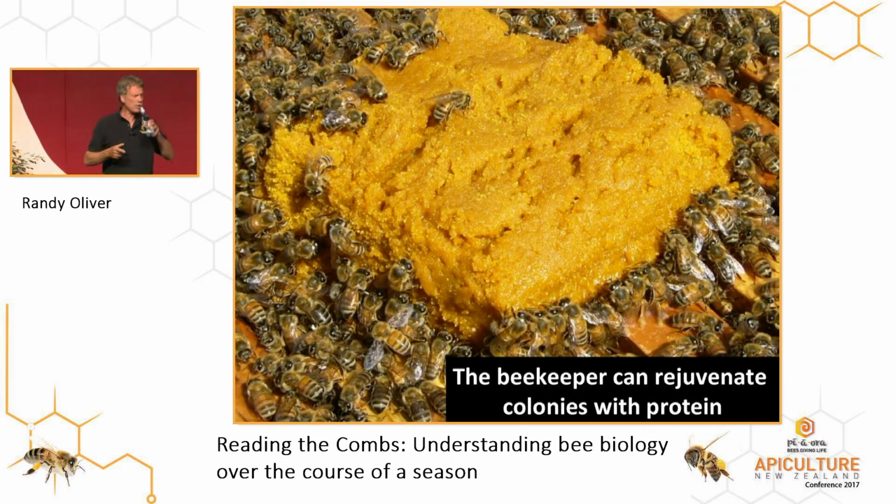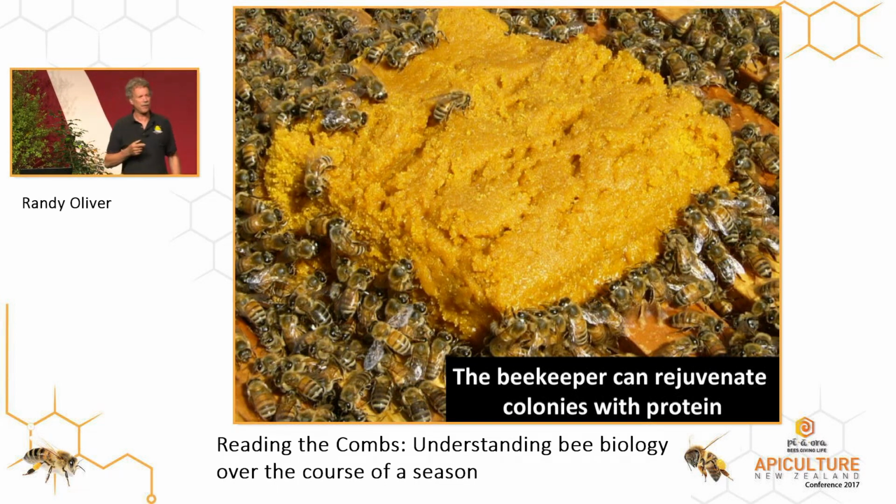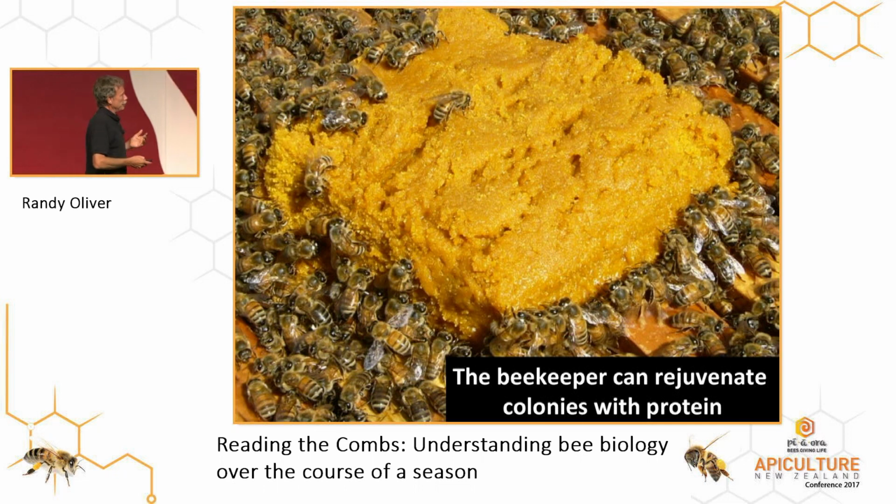And what you got to realize, you're not just feeding them protein, you're changing the age structure of the hive. If they're not doing much recruitment, that means your average age of the bees in the hive is getting old. Older bees tend to be less healthy than younger bees. If you feed them pollen sub at that point, now they start rearing brood, and it shifts the age structure of the hive, and you create a younger hive, a hive full of younger bees. The flip side, always remember, if you're rearing brood, you're also rearing varroa food. So you got to do your management accordingly.